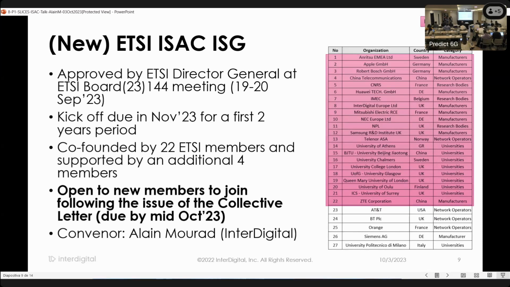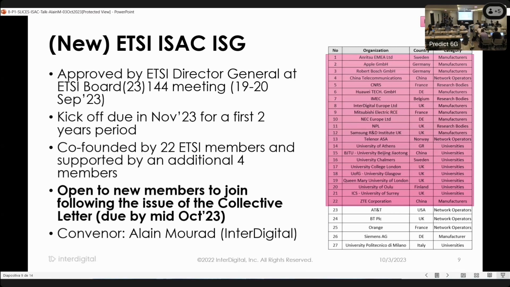The list of the members is on the left-hand side from my side, the right-hand side on your end. So we've got InterDigital, we got Apple, we got Samsung, we got NEC, we got Telenor, we got supporting companies like AT&T, BT, Orange. So it's quite significant. And I have no doubt that the colleagues from Telefonica also have an interest. I've been talking to Juan Carlos earlier, and also India and UC3M are going to be joining us. So basically, I expect this group to grow significantly with many companies, universities and research institutes. It is open to new members to join in.